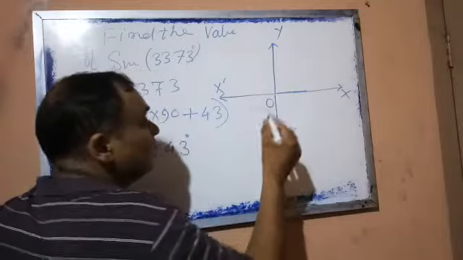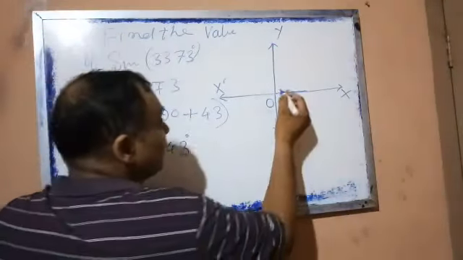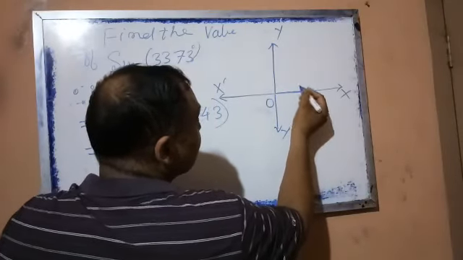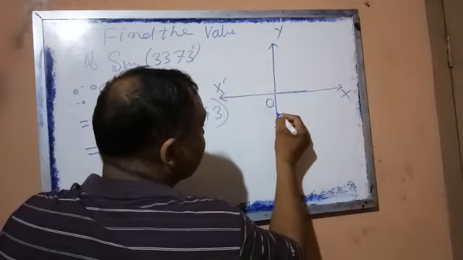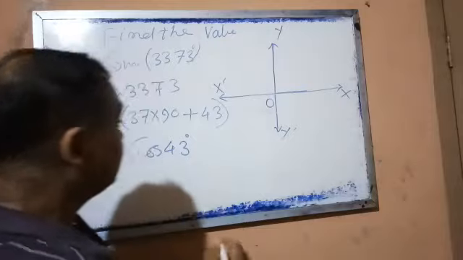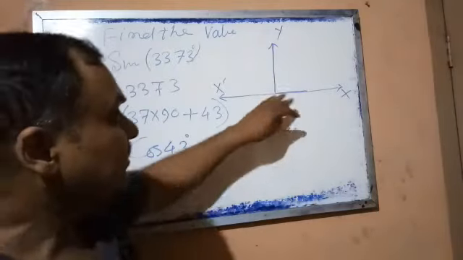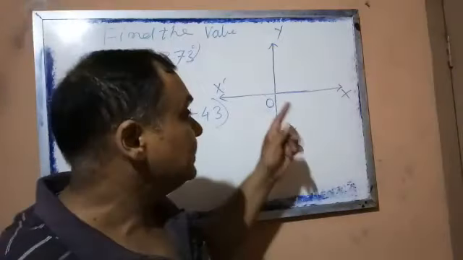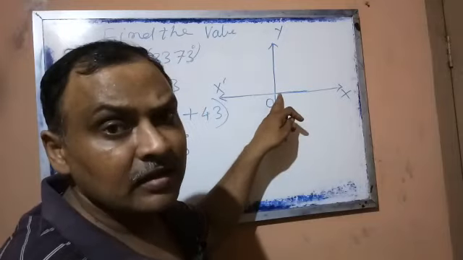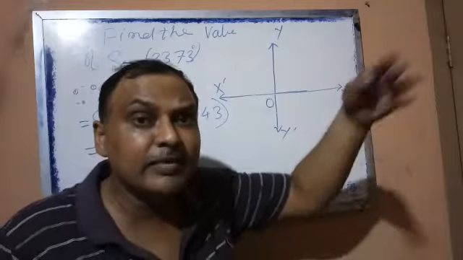That means 4 or 4 multiple, what happens? Your angle becomes neutral here. Okay. So it may be 4 into 90, 5 into 90, 6 into 90, 7 into 90, 8 into 90. The same way we'll have to check whether it falls. So it will take a lot of time. So what you do? You know that 4 or 4 multiples, the same destination comes. 4 into 90, then next time it will come 8 into 90, or 4 multiple it is coming.